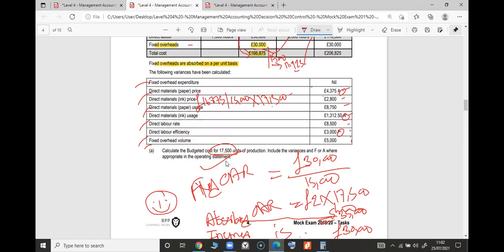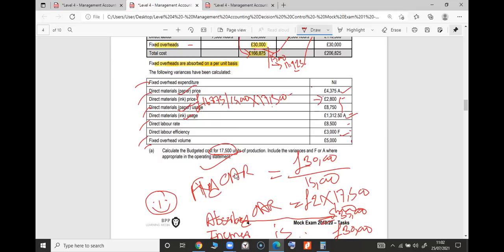There are some variances we have to identify. Would like to identify all of it. No problem with that, isn't it? The way I taught you ink price variance, you can find the material price variance as well. The way I taught you usage variance, you can find the material usage variance as well. And the labor rate and efficiency. This question is slightly trickier. They gave us only one adverse, another adverse, another favorable, and asked us to find this one.